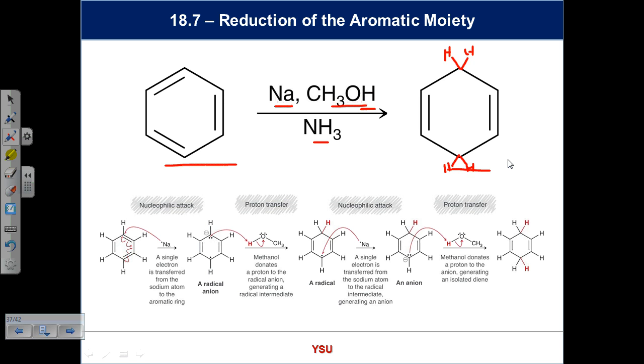So in the simple system, it's fine. You just get that diene. Will that diene do a Diels-Alder? No, it's not conjugated. They're not next to each other. It has to be next to each other for this to work. So the reaction happens down here. You can see a fairly complex